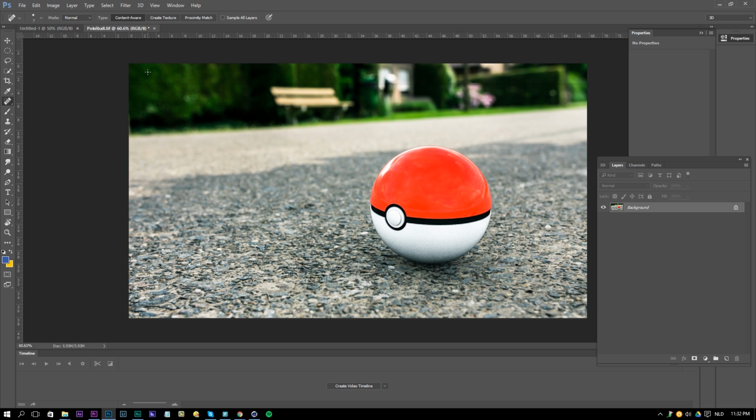If you are wondering what I used for my other scene, with the Pokeball where it's open and had a magic source in it, the magic source is actually from our magic pack on our website, which you can see on the store page. A link will be in the description. We just used a sample image from that, put it in there and did some color grading to get it to look magical. But if you buy that pack, there are tutorials included that explain how to achieve that look.